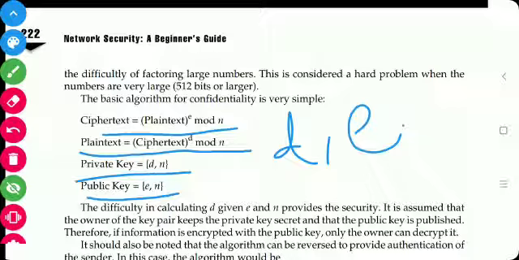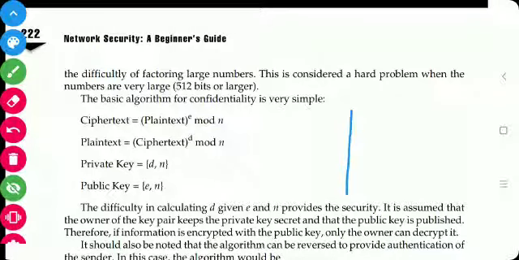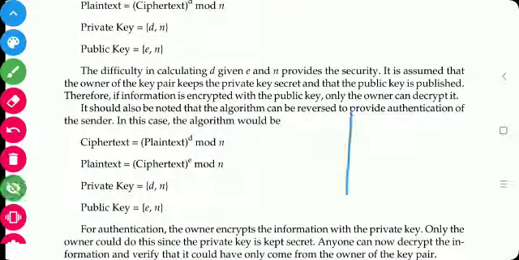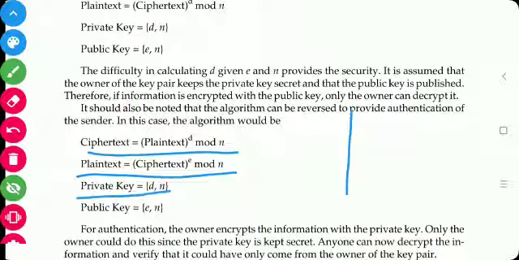At the receiver end, when the receiver is decrypting this message, he has to perform the steps like plain text is equal to ciphertext raised to d mod n, and the private key is d, n and the public key is e, n. Okay,